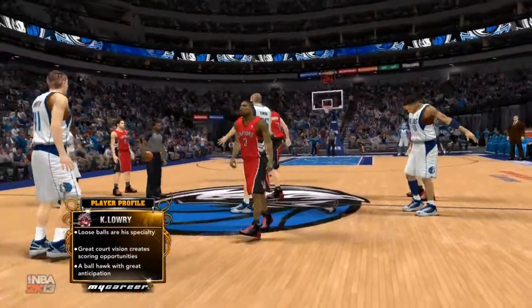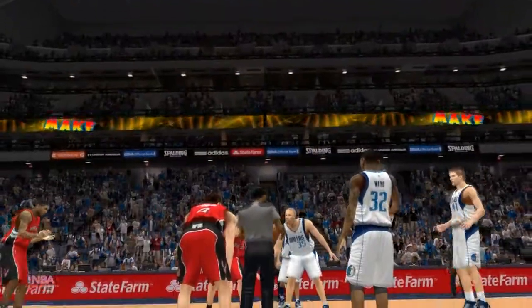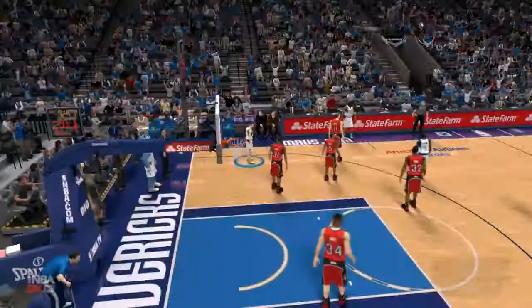Hey, guys, taking a look here at Kyle Lowry. What will we see from him? Well, Lowry is one of the scrappiest players in the game, Kevin. He's gotten to the point of being one of the best players at his position. And yet he still approaches the game with...